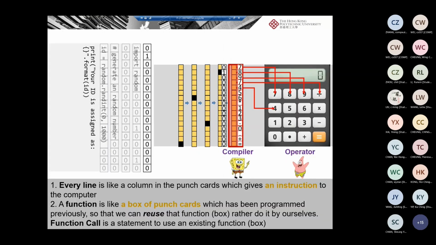Let's see what they are. So here you could consider them as punch cards, as I mentioned, and every line will be read by your compiler line by line, and then it executes different stuff on your computer. For example,